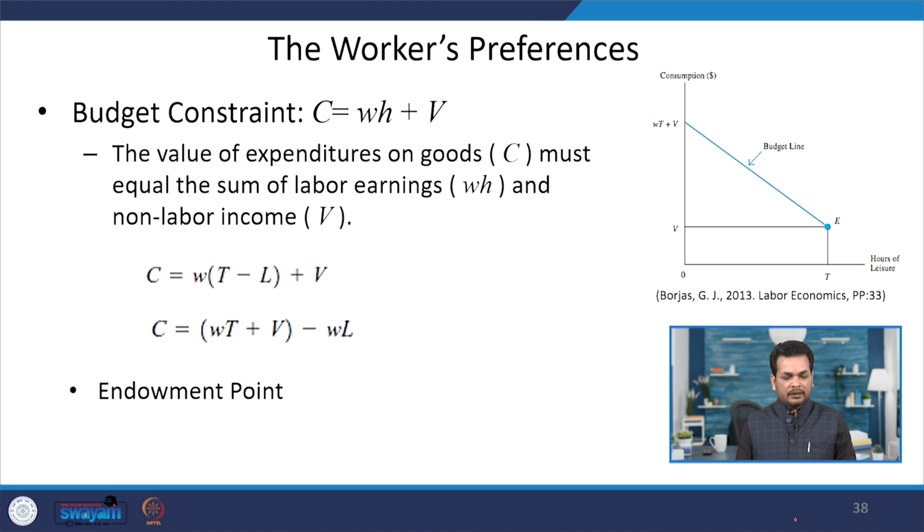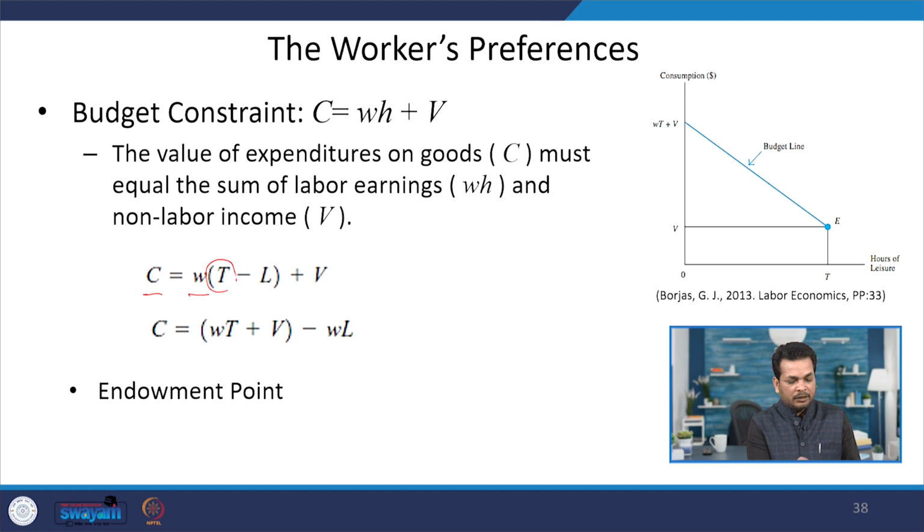The person has two alternative uses of time, work or leisure. So, the total time allocated to each of these activities must be equal to the total time available to the individual in that particular time period. Let us say T is the hours per week, which is the total time available to the individual, and he has to spend this total time either working in the labor market or having leisure. So, the total time can be written as H plus L. So, we can write this budget constraint as C equals W times (T minus L)